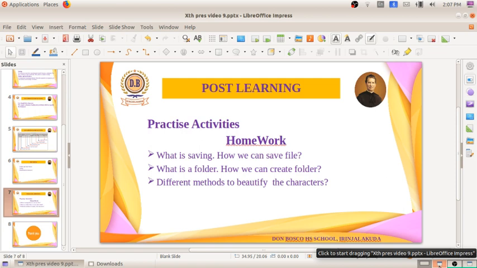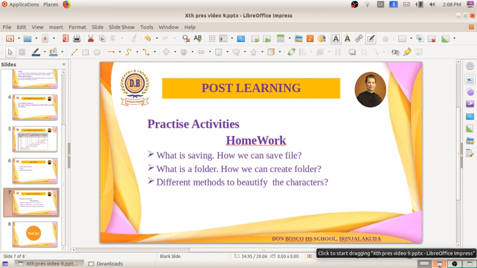So students, with this much we are completing the session. Before coming to the Google Meet, practice all the activities. Those who have a computer, you have to practice all the activities. Just write a poem, or any contents, in LibreOffice Writer. After that, with the help of these methods, you can make changes and do the text editing also. Others, nothing to worry, write down all the steps, and once you get a chance, you can practice it. Keep all the steps in mind while doing the activities.